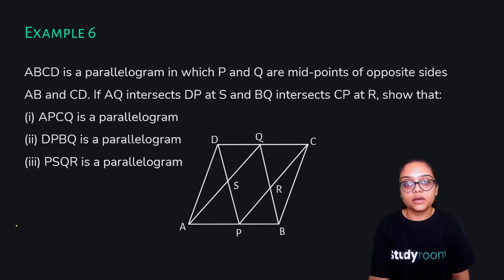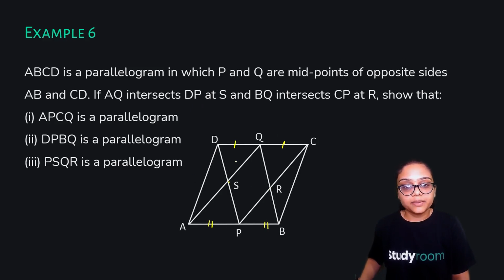ABCD is a parallelogram in which P and Q are midpoints of opposite sides AB and CD. Midpoints means that CQ, okay, we'll mark it out here. This is equal to this and this is equal to this. Correct? If AQ intersects DP at S, and in a similar fashion at R, show